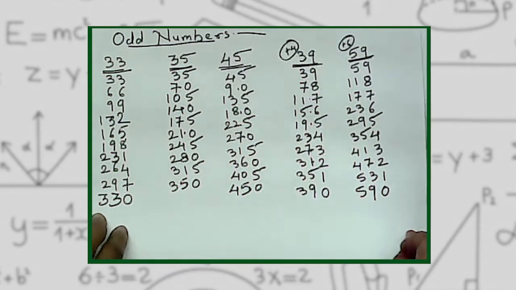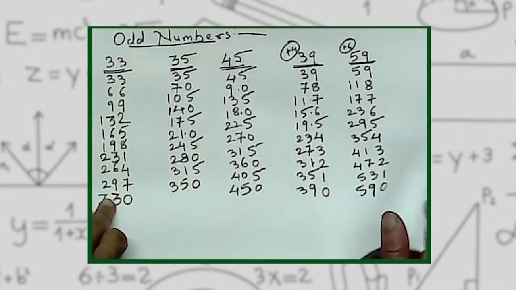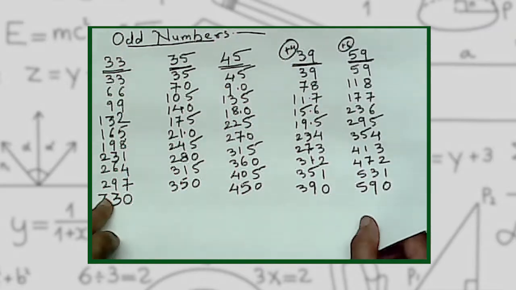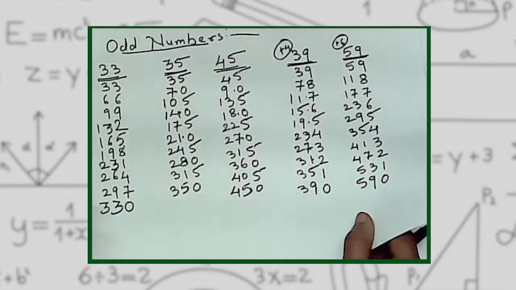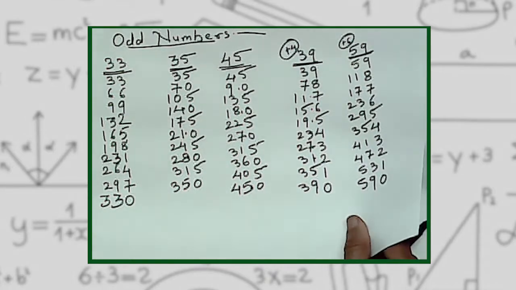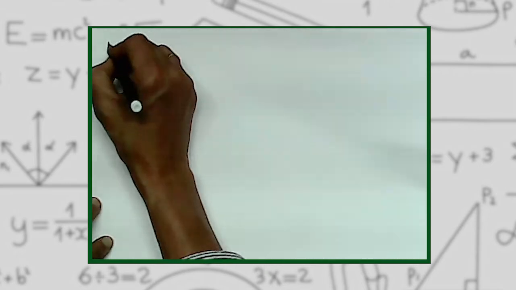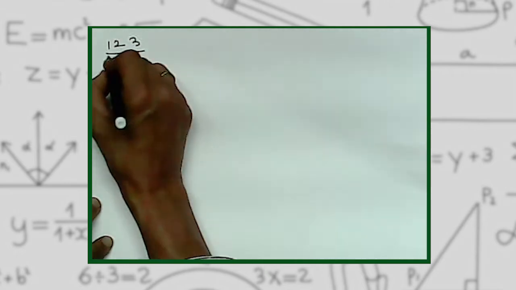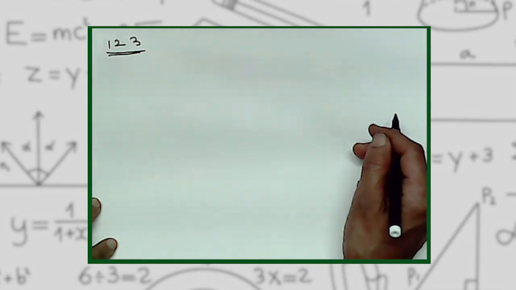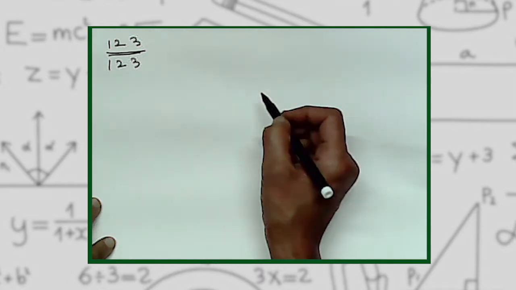So we saw tables near to perfect base numbers. We saw tables of even numbers and also odd numbers. We have finished tables of even numbers, odd numbers. Now we will see tables of 3-digit numbers. For example, we are going to take table of 123. Same procedure we will have to follow.